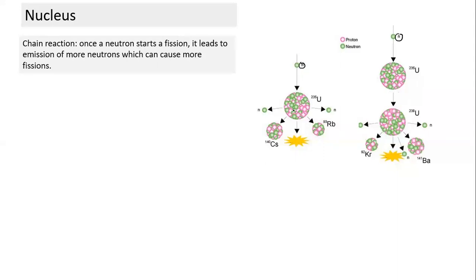The other thing we notice in this particular reaction is that if one neutron gets absorbed, it releases two neutrons, whereas in this case it releases three neutrons. Each neutron here leads to two neutrons, and one neutron here leads to three neutrons. And these two occur with equal probability. If we take the weighted average, since both have equal probability, what will be the number of neutrons released? In one case 2, in another 3.